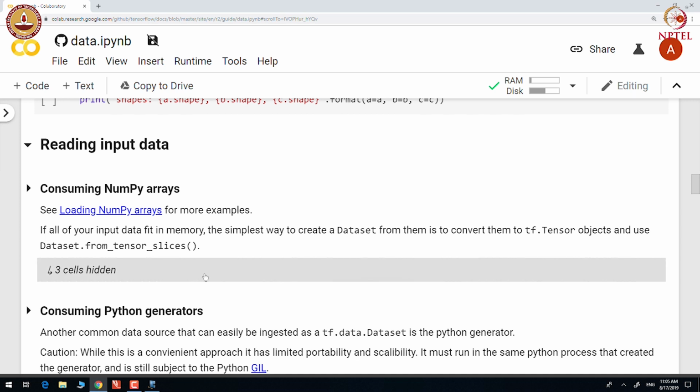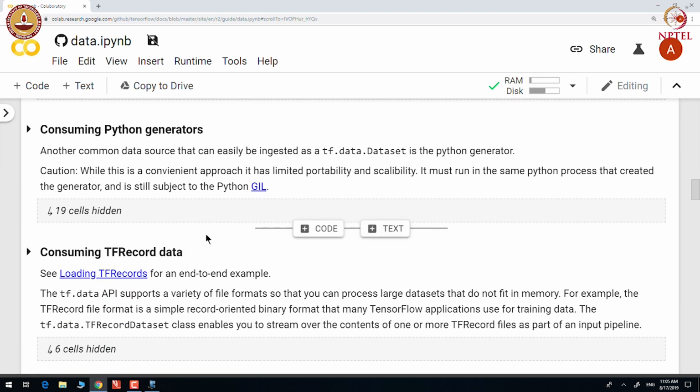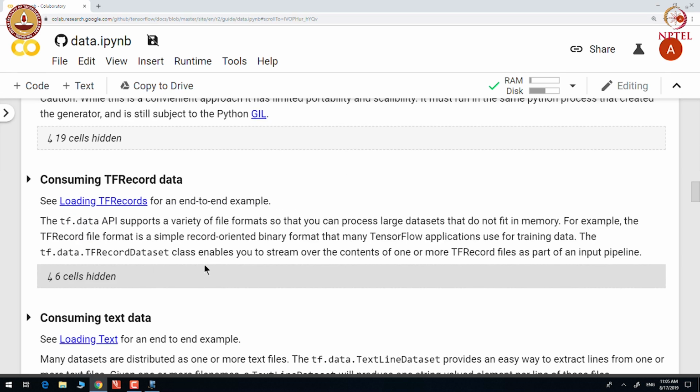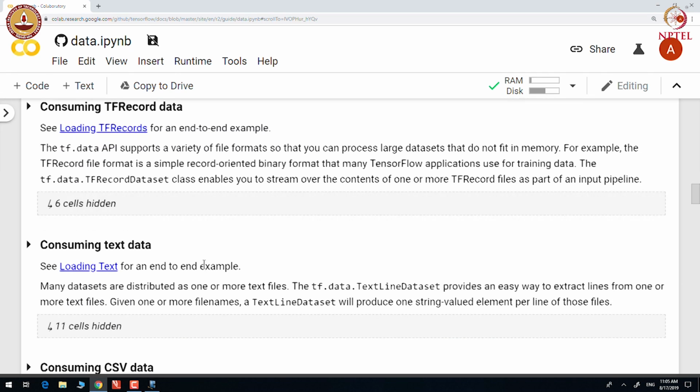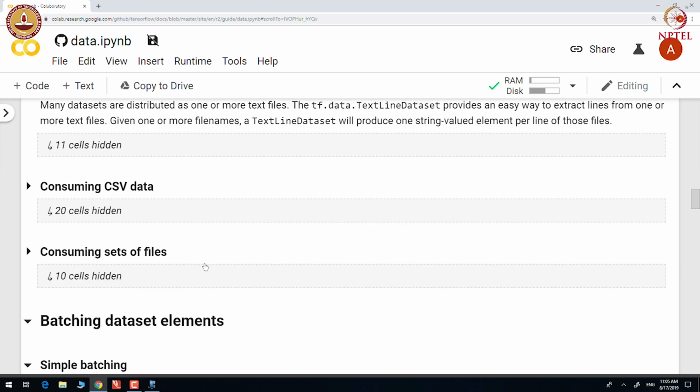We can construct it by consuming a NumPy array, Python generators, TFRecord, text data, CSV data, or a bunch of files. In the next session we will go through an example of each of these data types and see how to construct a dataset object based on these different formats.